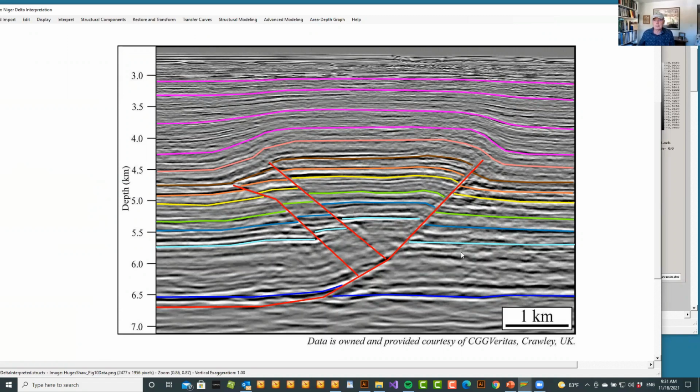If we restore this, we'll see that all of this section below, actually this pinkish horizon here, is pre-growth, and then all these purple horizons here are growth sections. So there's less and less structure, as these were being deposited while the structure was being developed. We could explore the evolution of the structure through a series of restorations, but another way of exploring it